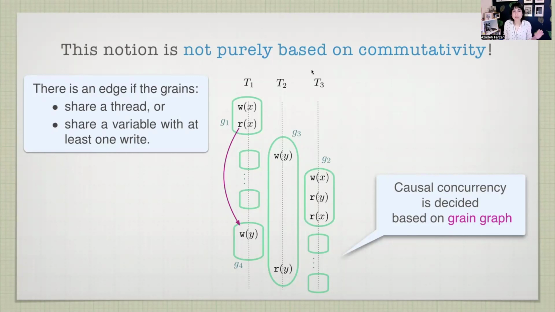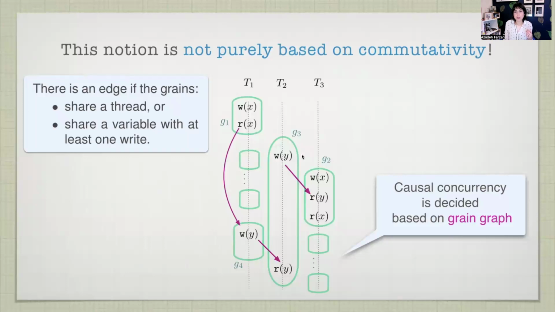I'm putting this a little badly and a little simply. The real clean version is exactly what I showed you about soundness: you want to say that there is a dependency between the two grains because the grain has this characteristic that it's stuck compared to the other grain in the position that it is. For example, this read of y here is entangled in this write of y in this grain, and as such, it has to observe that write, and therefore it cannot move anywhere back. And I have the same situation with this read of y and that write of y, imposing an ordering between these two grains.